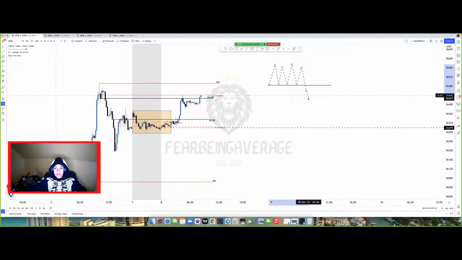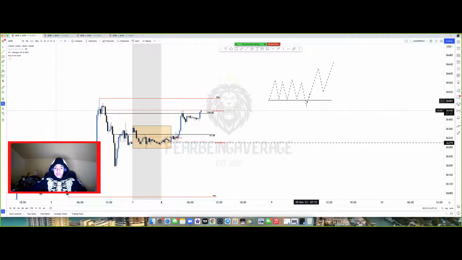Because if it has a swift break to the downside and it swiftly comes up at around the open of London session, there's a high chance that price is going to continue higher. And this is when I look to get that retracement for New York, to continue higher. That's something I always look for. Same thing vice versa.